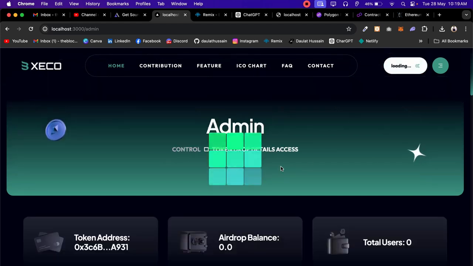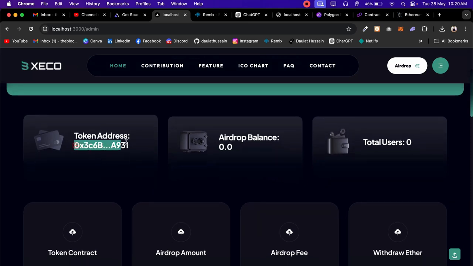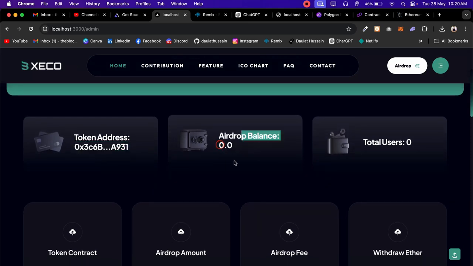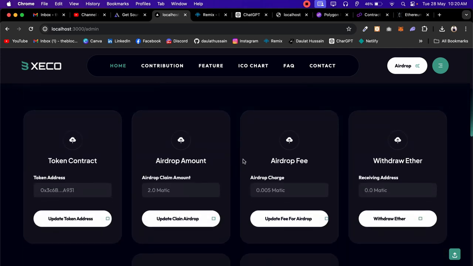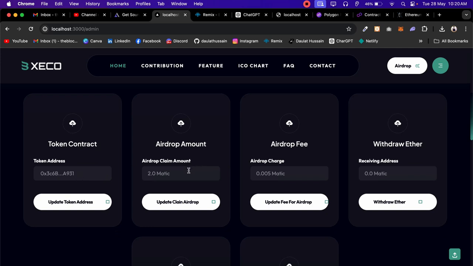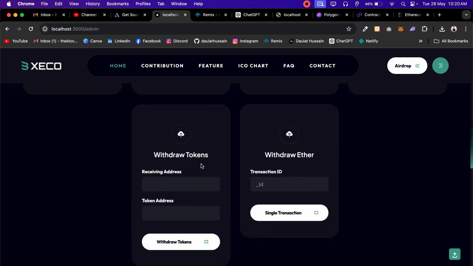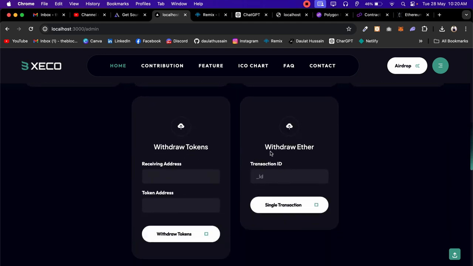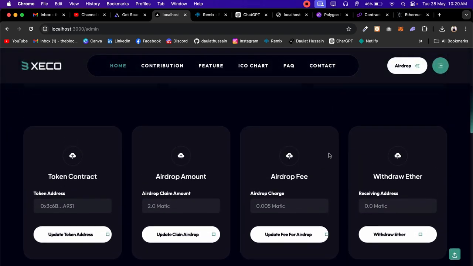and here I'm on the admin page, and here I have all the details about the token. So right now this token is for airdrop. There is zero balance, there is no token available in the airdrop contract, there is no user. And here I have all of these functions which the admin can control. So I can change the token address, I can change the token quantity, I can change the fee, I can withdraw the ether, I can withdraw the token, I can get the details of the transaction. So now what I'm going to do is I have to transfer the token to this